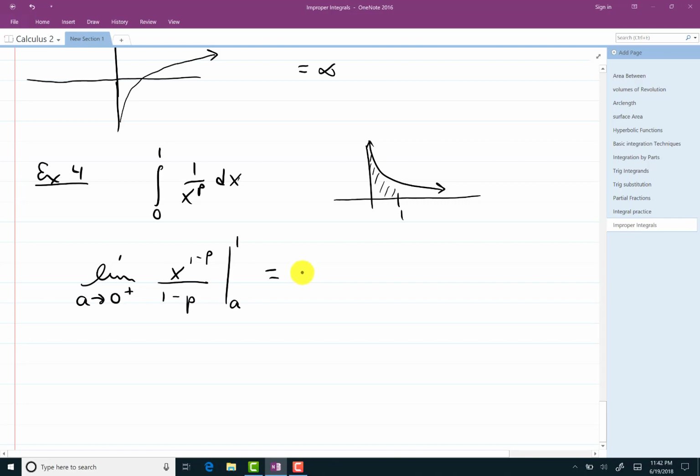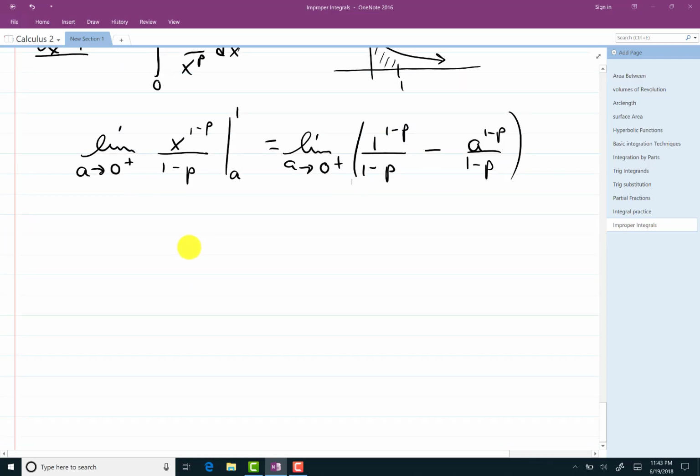This typically is not going to be a big deal other than dealing with radicals and things where that matters. So let's see what happens. We have the limit as a goes to 0 from the right. I'll have 1 to the 1 minus p all over 1 minus p minus a to the 1 minus p divided by 1 minus p. And once again, this part is of no consequence. It's easy enough to do. We have 1 to the 1 minus p, that's just going to be 1, but I'll have 1 minus p in the denominator, minus